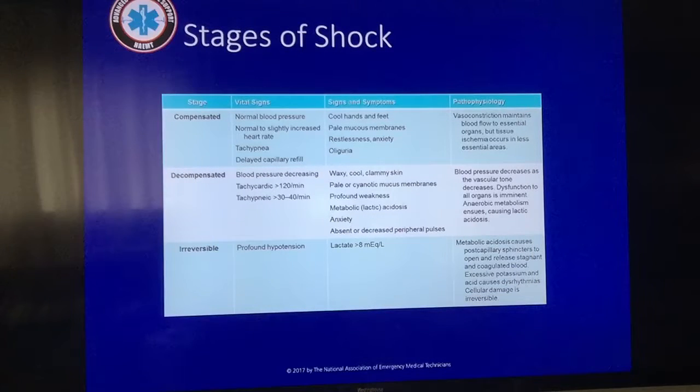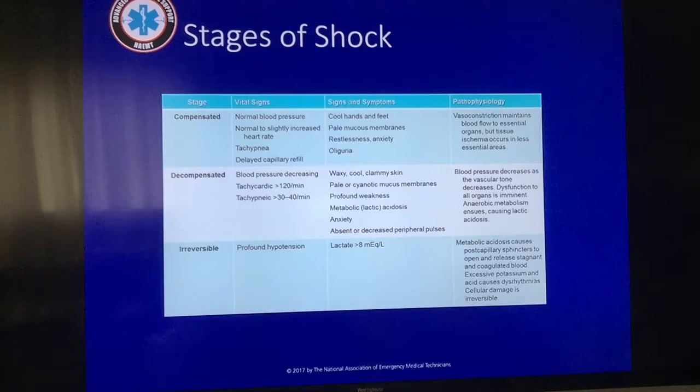Again, we're just going to go over some other stages of shock. Is the person compensating, decompensating, or reversible? Now we see that the lactate is 8. Usually it's about 2 or just under 2. The lactate was elevated, and that makes us think that there's something going on. But he's trying to increase his respiratory rate, trying to increase his heart rate. Is that the case? We're not really sure, but he has some signs and symptoms that he's kind of disoriented